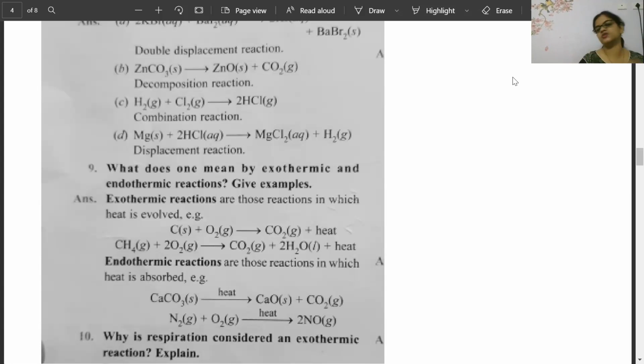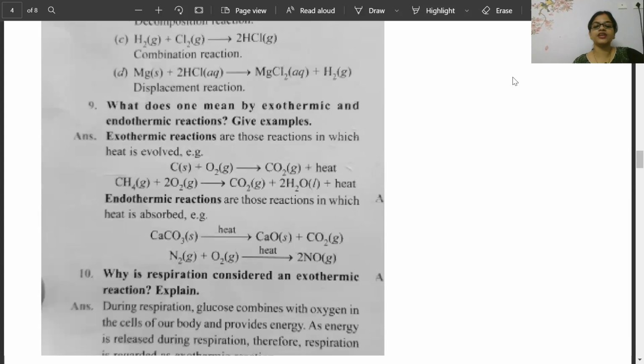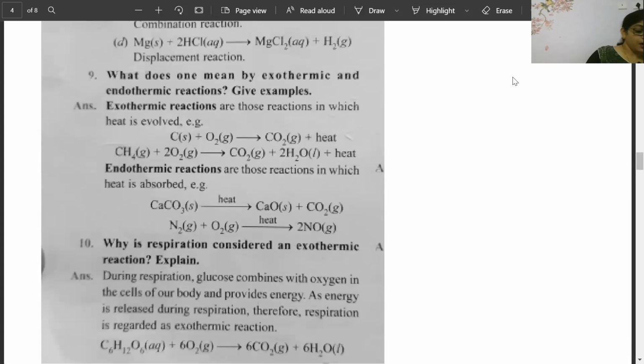Super, fabulous work. That means definitely they will be very much happy with your answer. Let's see what answer they have given. During respiration, you have written, the chemical equation is also mentioned. When glucose is burned in presence of oxygen, it gives carbon dioxide and water molecules. Most of you have given it in word form. They have written in word form, and after that they have written the equation. So that's why I'm showing you what your answer should be. If you follow this trend, definitely you will be in positive mode.